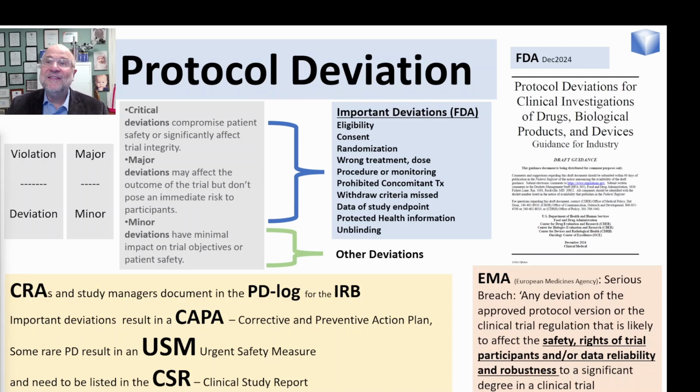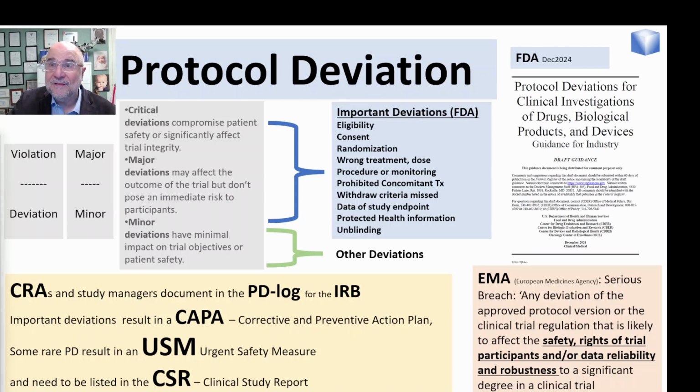Obviously, when the patient gets the wrong treatment or the wrong dose, that is very important. Now, there is no very important. It's an important deviation. If there is an effective cancer drug and you give too much of it, you can hurt the patient with the drug. If you give too little of it, the cancer will grow and that will hurt the patient. Neither of the two is good. And any data that comes out of a wrong treatment does not reflect the treatment that was to be studied,